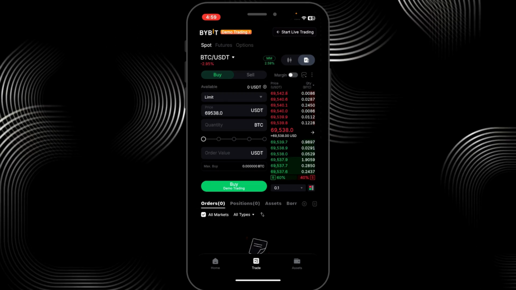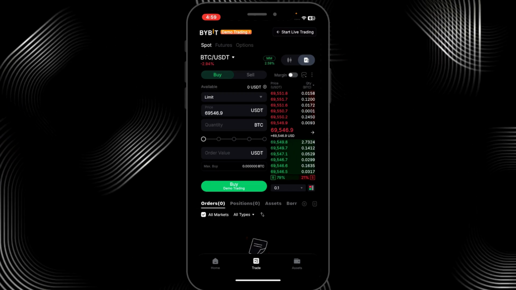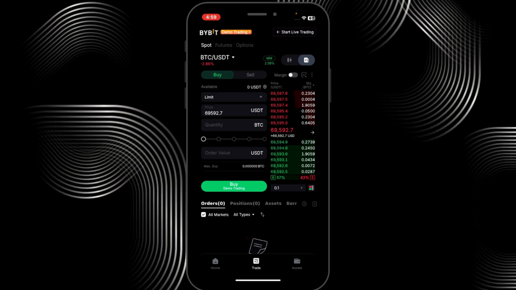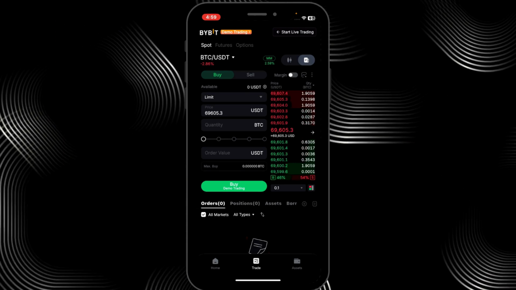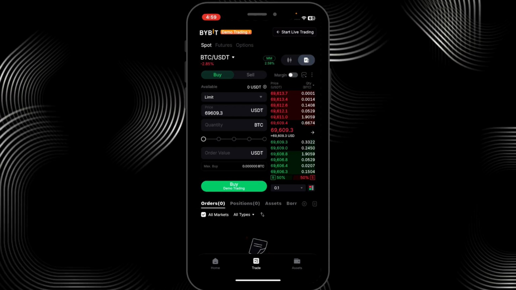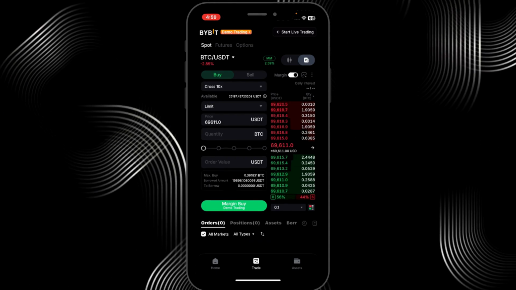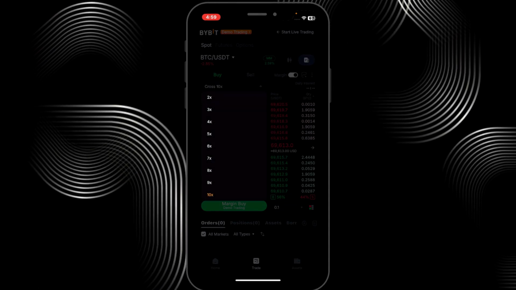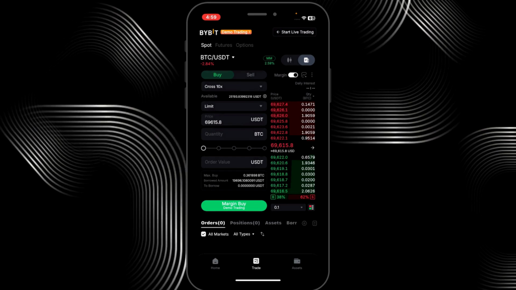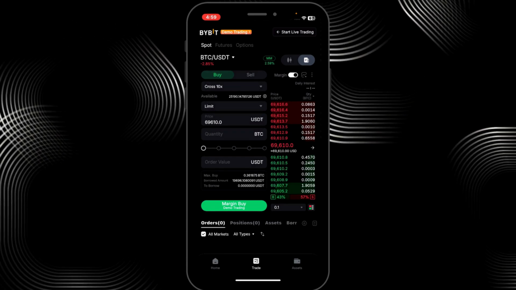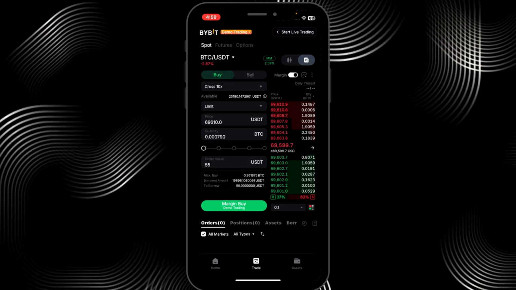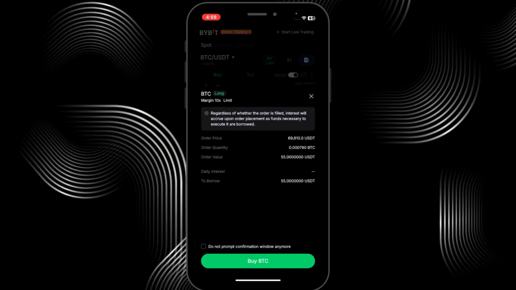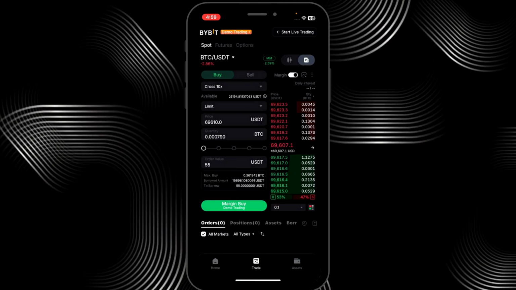Right, let's say I want to buy, or I bought 10,000 of Bitcoin USDT. Right, before you execute the order, hit the margin toggle at the top here and select your margin. Right, and this will allow you to double down on your trade basically. So let's say I'm buying 55 worth of Bitcoin, hit margin buy limit, or you can just select the type